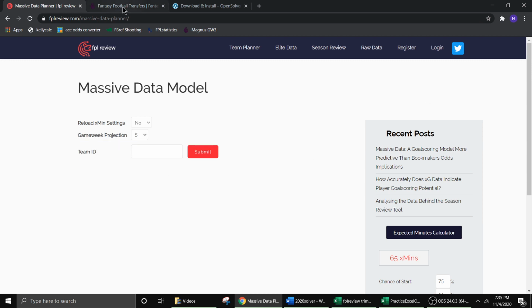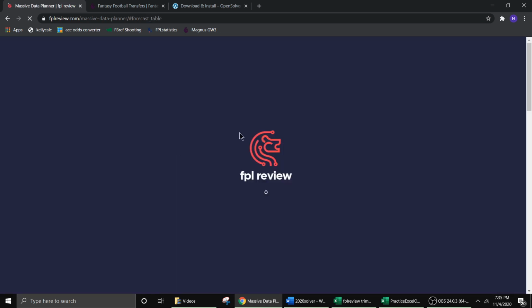So anyways, you can go to this website, switch the game week projection to 8, and type in your team ID and click submit. That's not my team ID, by the way, that is just a random number. It is important to type in your actual team ID because it's going to grab the selling values of all the players on your team, which changes depending on the team, right? So once this loads,